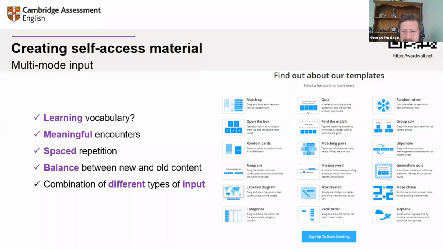Yeah. Caitlin has just said she's a big fan of Padlet. We are enormous fans of Padlet as well. You can use Padlet in lots of different ways. Something like Wordwall, Flippity, you do have fixed templates that you then use. Padlet, I think you can do pretty much whatever you want on Padlet.